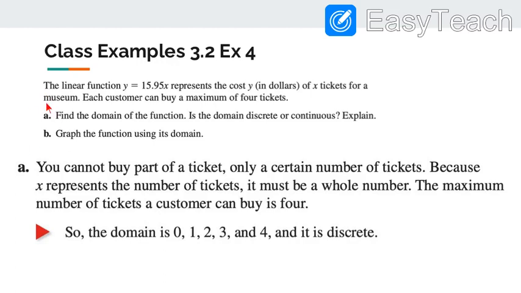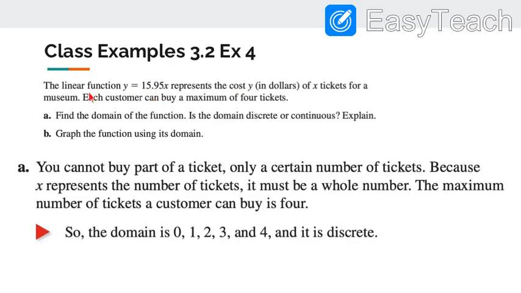So we're going to look at some word problems and we're going to break it apart. This example will go over a couple different pages. So this one here gives us a linear function of 15.95x. So that could be like a sweatshirt costs $15.95 per sweatshirt. In this case, they're talking about tickets for museums, actually. So let's use that. So this is tickets to get into a museum is